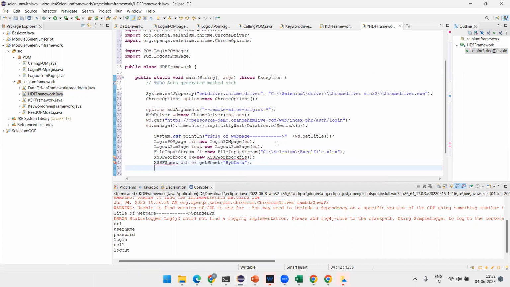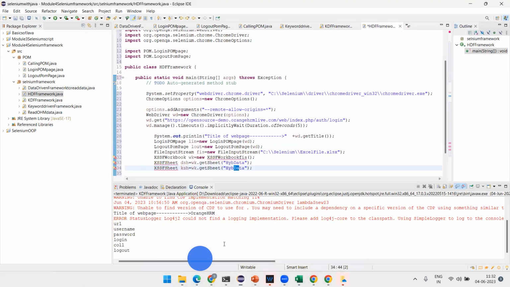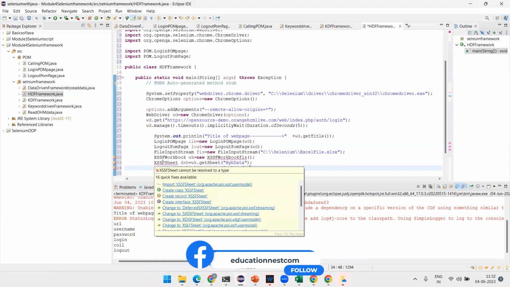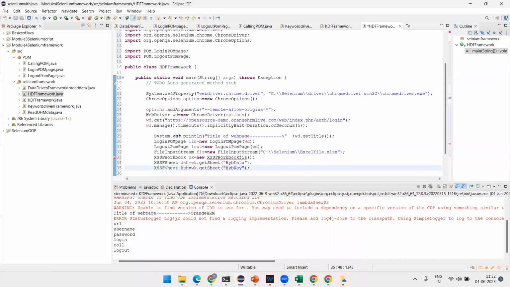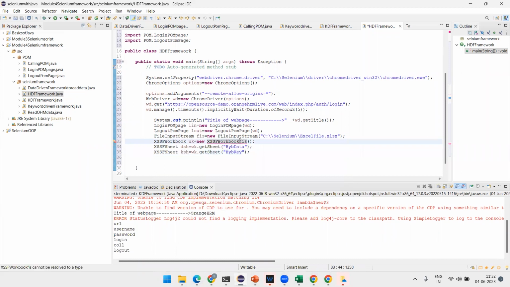And similarly, we'll do for hybrid keys. I'm just copying over here, and changing this name. This is the keyword driven sheet. And here I will copy the name from the Excel sheet. Copy over from here. And this is another sheet. Okay. Now import these sheets also. There is a cursor here, import. Okay. Now this should be inside the